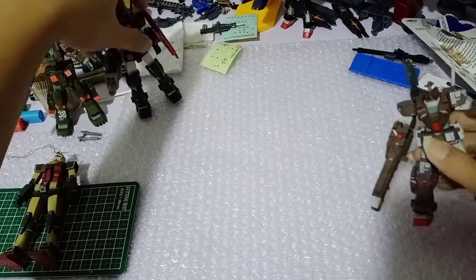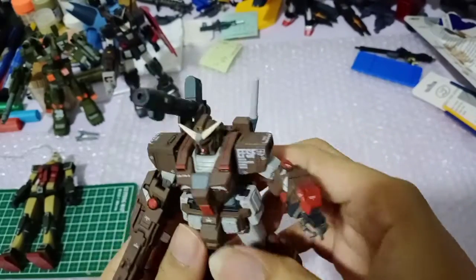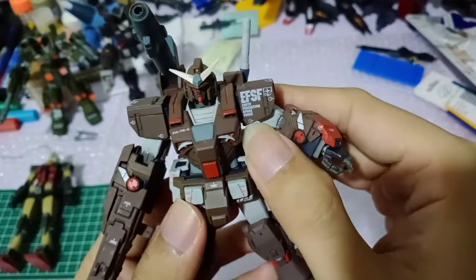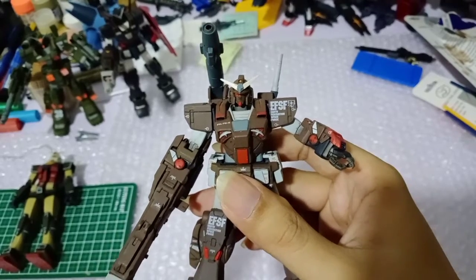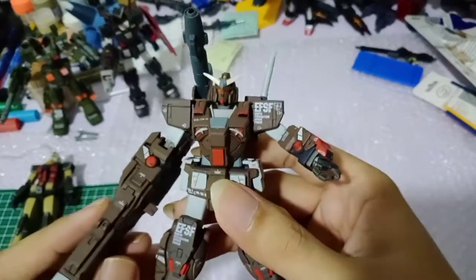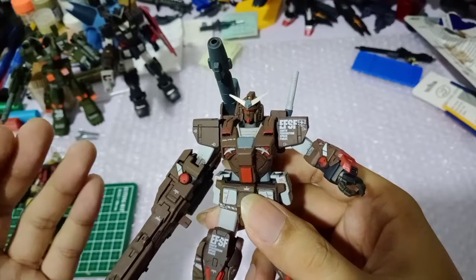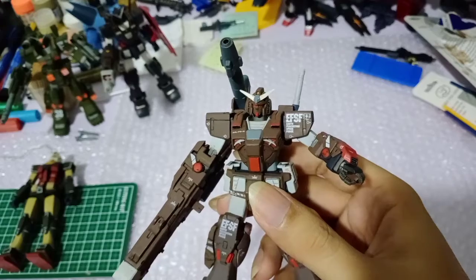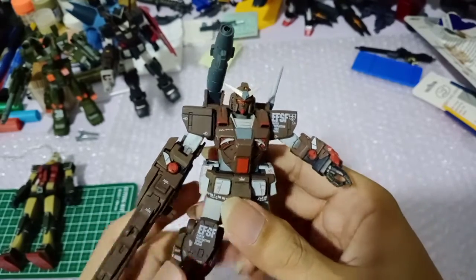But just to show you guys how awesome Fix Figuration is, just look at the amount of detail. Just look at the amount of decals. I cannot emphasize enough. Even until today, 15, 20 years later, Fix Figuration is still one of my most favorite lines. I mainly, in fact almost exclusively, collect only the 1/144 scale. So to have this